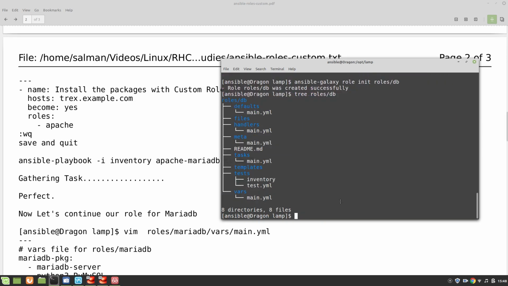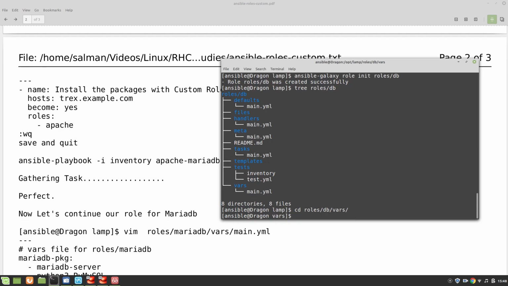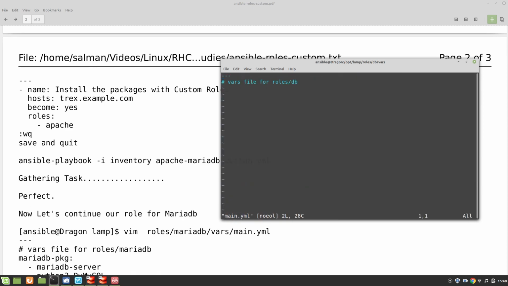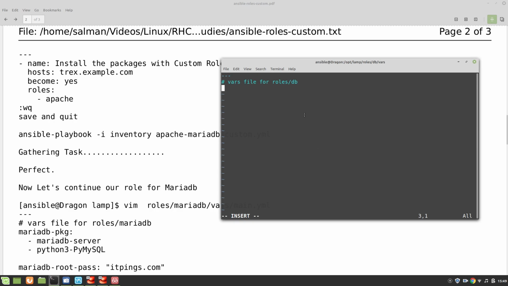already created. Okay, now we are going to go into our vars directory first, because we need to define some variables for MariaDB. To go to the vars directory, we first need to go into our roles, then DB and the vars directory. Here we can see that we have the main.yaml file. Go into this main.yaml file and define some variables. The variables are going to be what packages we are going to install and what the password is going to be. So first thing is we are going to define the variable. It's going to be